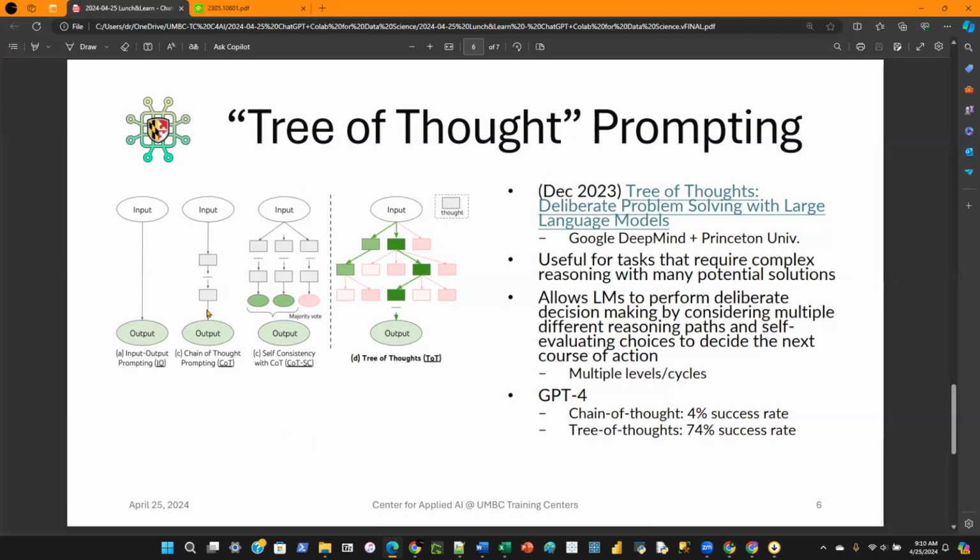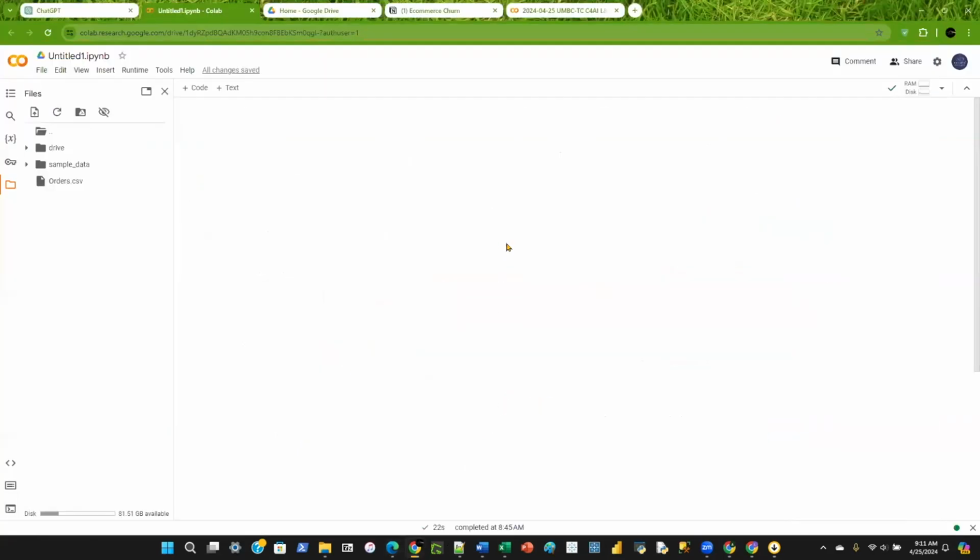Some of you are familiar with straight shot prompting or chain of thought, which is a serial prompting. A tree of thought goes level by level, and at each level it removes some of the outliers and then continues down the tree. And there are some crazy success rate enhancements that can be generated using this mechanism of prompting. Okay, so we'll look at this in real life, and with that, I'm going to move on to the demo.